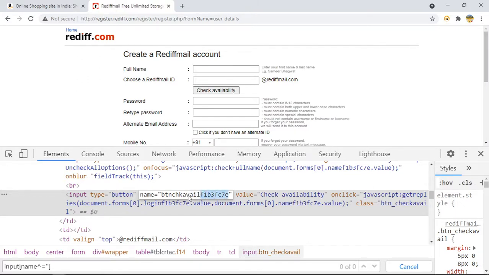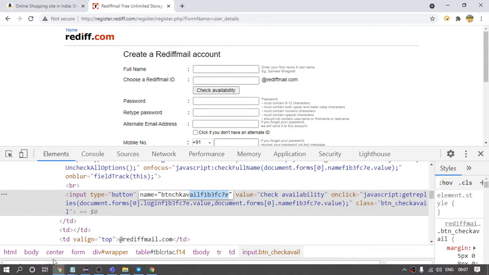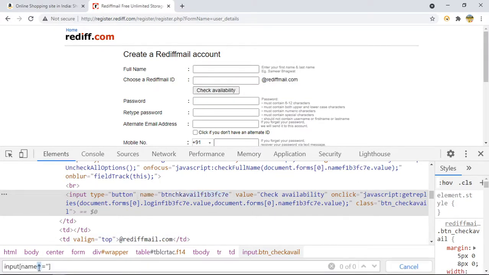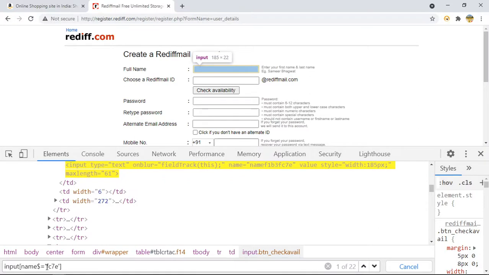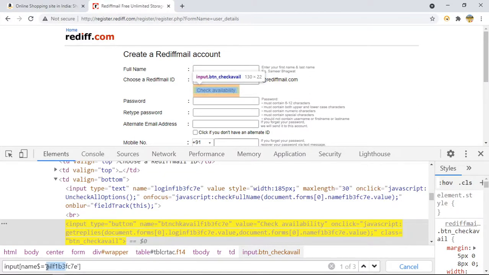So copy the text which you feel, and here provide dollar. Dollar stands for ends with. So provide dollar and say this. Now it will highlight, but here you are getting more than one element, because many elements are ending with this one. Or you can remove this part, and now you are getting more elements, right?